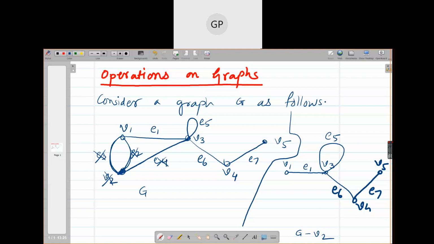Finished? I'm dictating, you write down, I'm not writing it. The idea of deletion of a vertex,